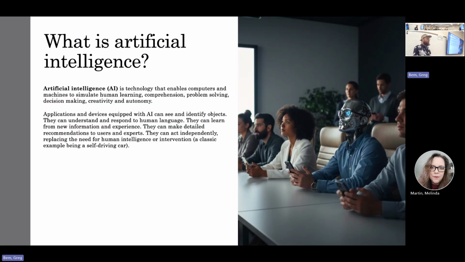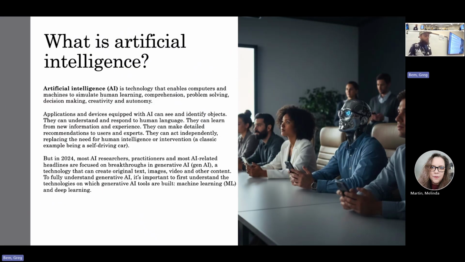They can understand and respond to human language. They can learn from new information and experience. They can make detailed recommendations to users and experts. They can act independently, replacing the need for human intelligence or intervention. Think a self-driving car, for example.